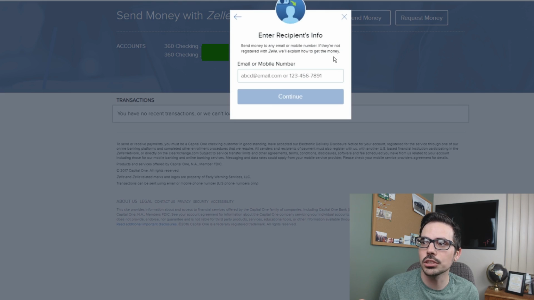And then over here, it's going to say enter recipient's information. So make sure that you're putting in the exact name, exact email or phone number, so that way it can be populated properly and sent to the right person. As I mentioned earlier, if they don't actually have an account, there is a way that they can still receive the money if they go in and set up an account. And if their bank doesn't have Zelle, they can even still set up an account, add the debit card that they want that money transferred into, and still have it work that way, which is really cool, so you don't have to worry about it.